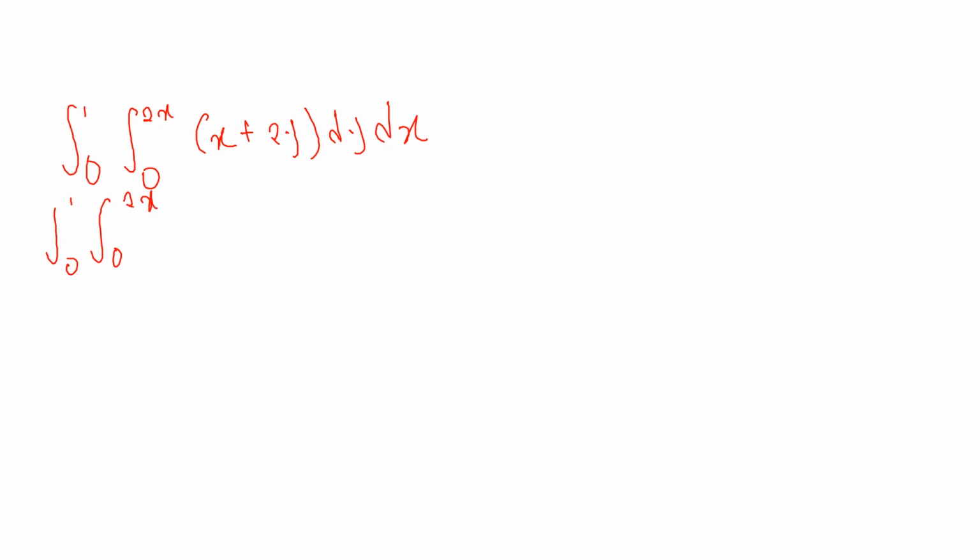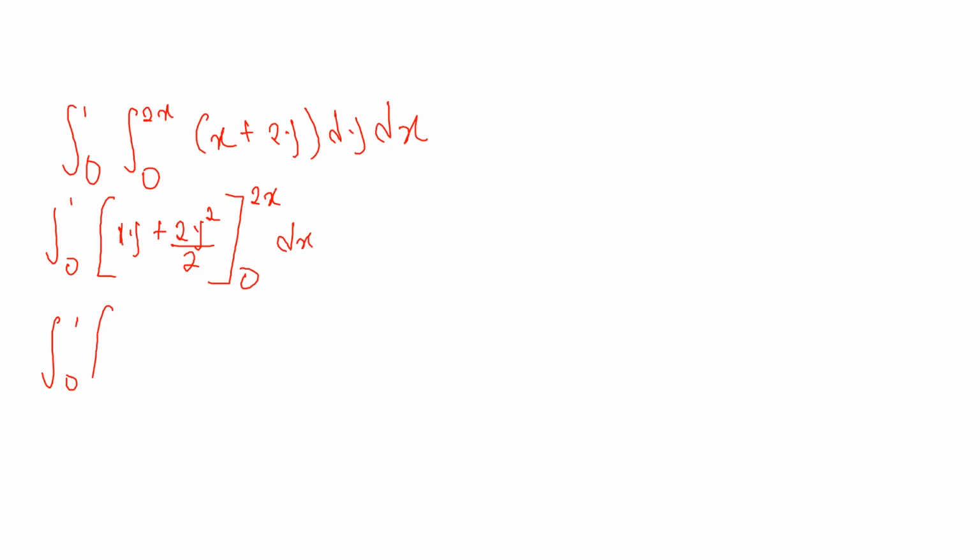If you integrate x with respect to y, you are going to have xy, plus, if you integrate 2y, you have 2y squared over 2. Then you close the bracket, then you put in the boundary, that is 2x to 0. So which gives you the integral of, at this point you put in the value of y, which is 2x